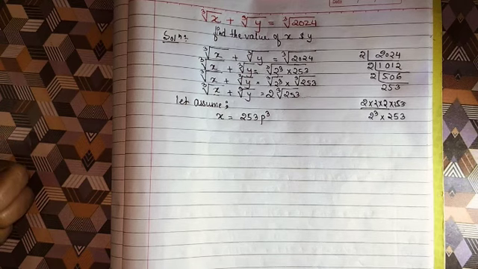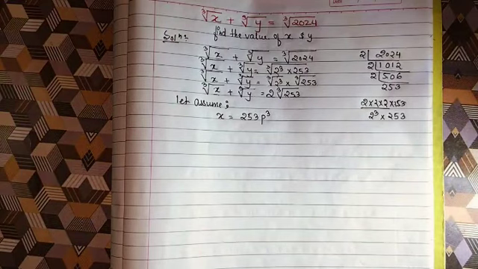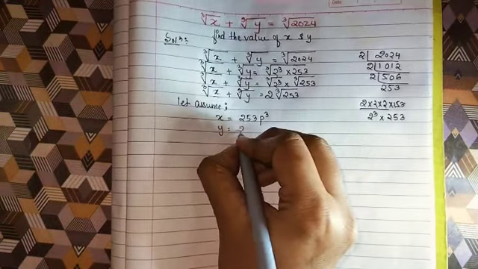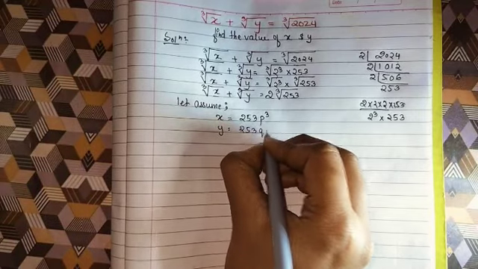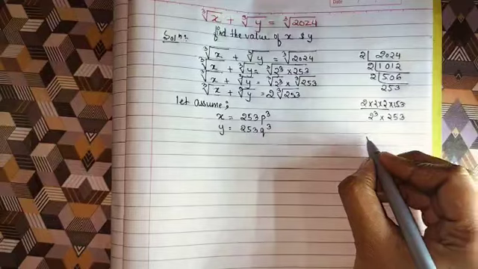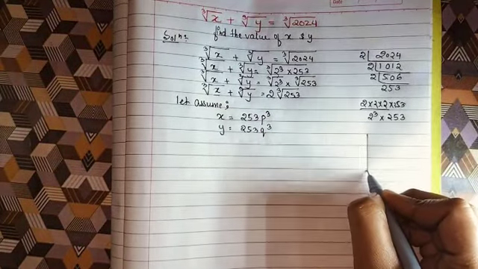Why we are assuming this is, let's suppose, first I will assume y is equal to 253 q cube. If you have any confusion with this, then I am here with a simple